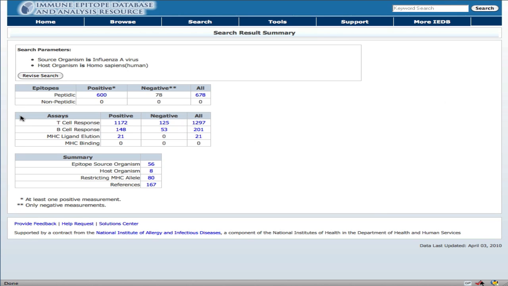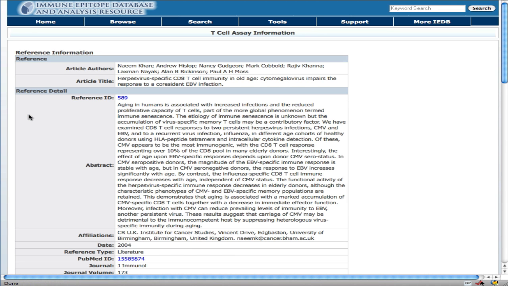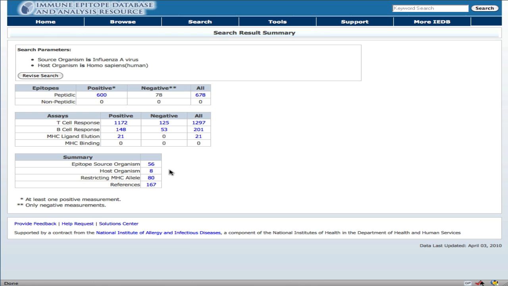Returning to the original query results summary page, the second table on the page summarizes the positive and negative responses for the 4 general assay types. Again, the user can click these links and drill down to any of these values to see the corresponding data, or export the data. The third table on the original query results summary page lists the number of epitope source organisms, host organisms, restricting MHC alleles, and references resulting from the input search criteria. As before, the user can drill down on the values in the table to find more detail related to each category. This concludes this video